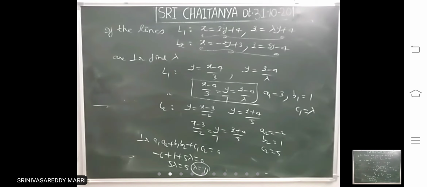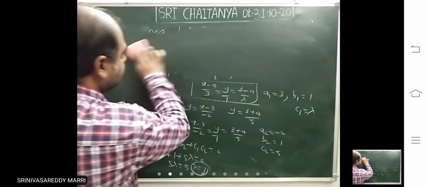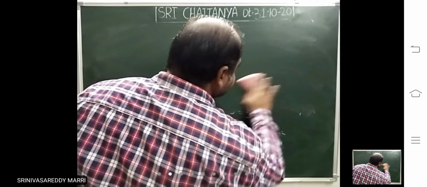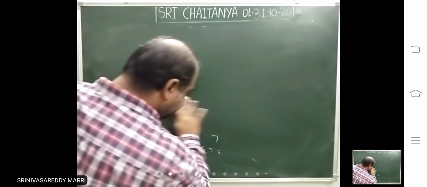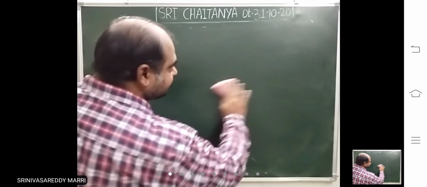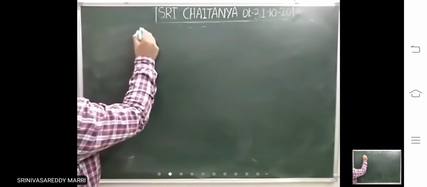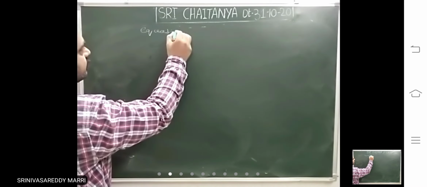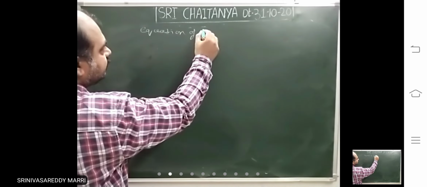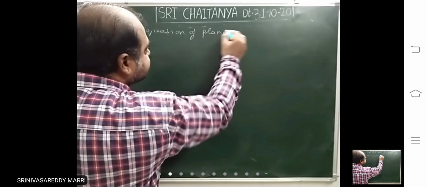Next, the last concept is one formula. You remember the formulas. This is for this week's syllabus, whatever I am telling, and you will get the question also. Look at the equation of a plane, always in this form. Planes will be next week, but just the formula is there in this week's syllabus.